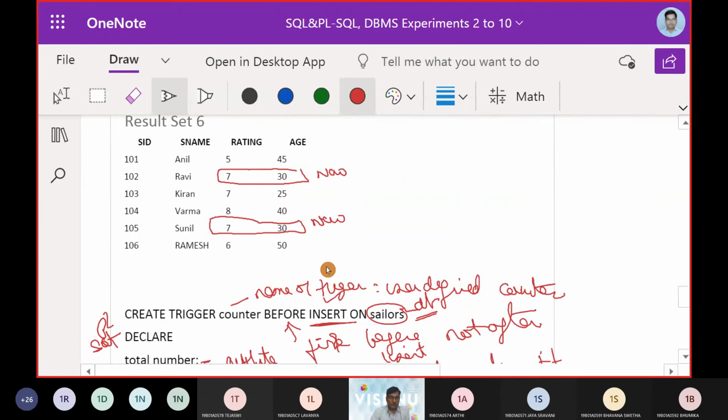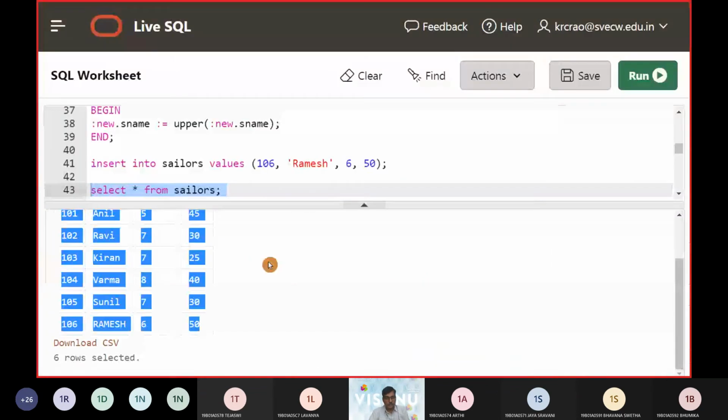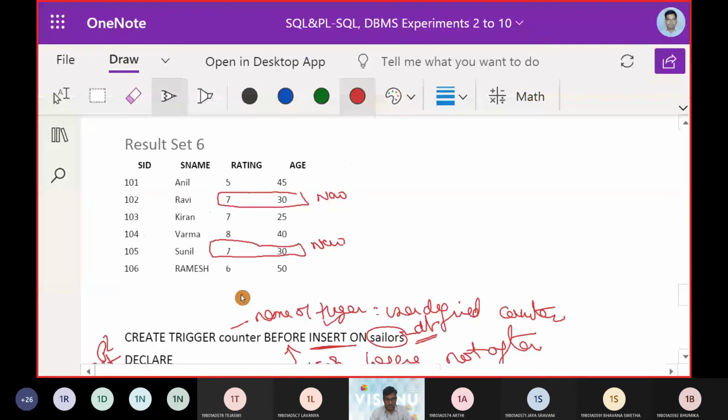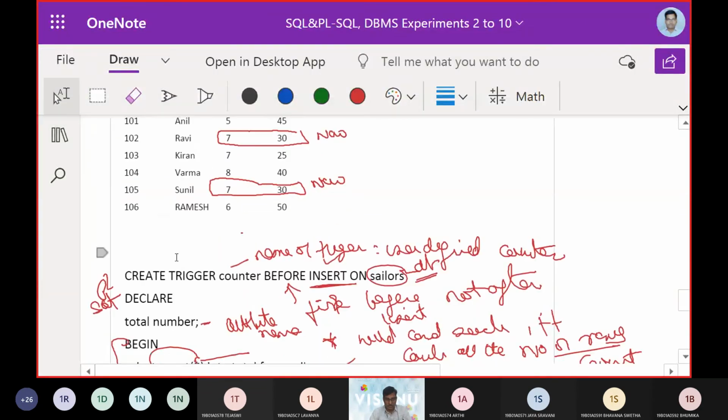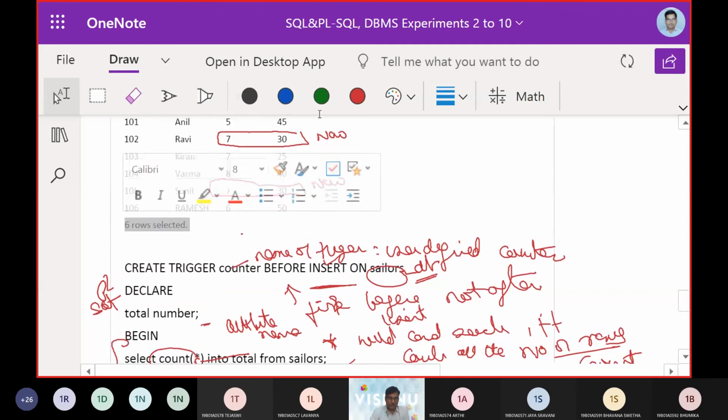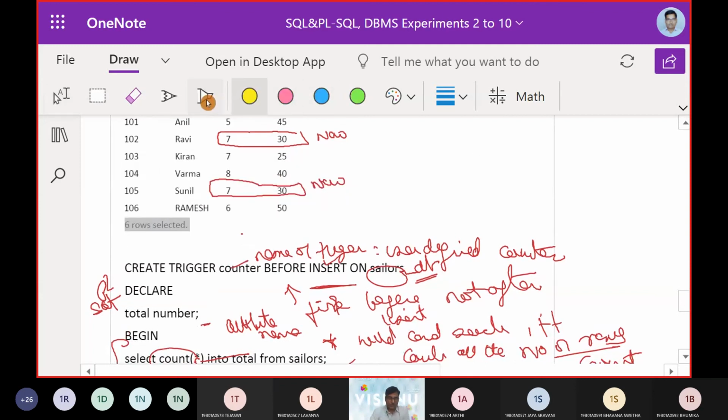So at the earlier point of time, you can see the total number of records here was 6. So this was the highlighted content. You can use this.